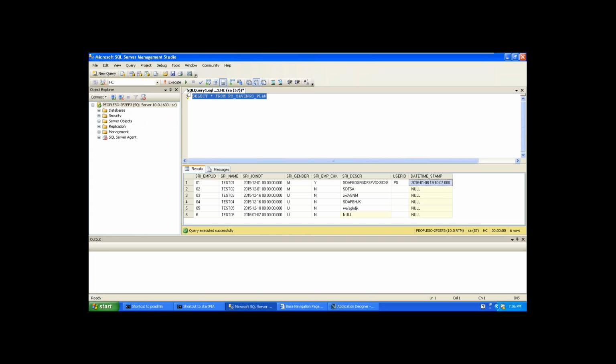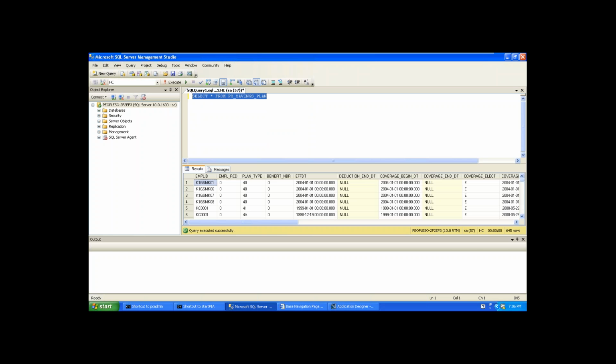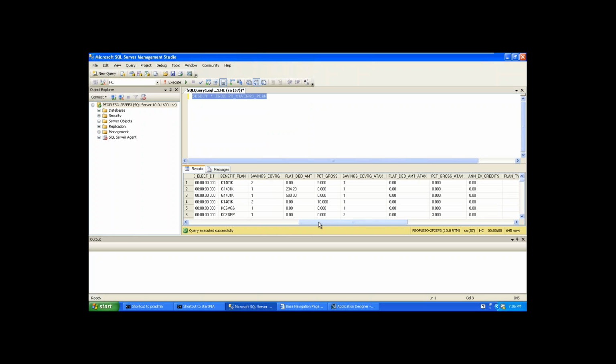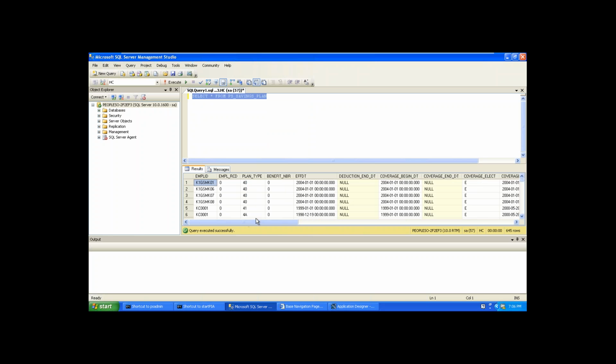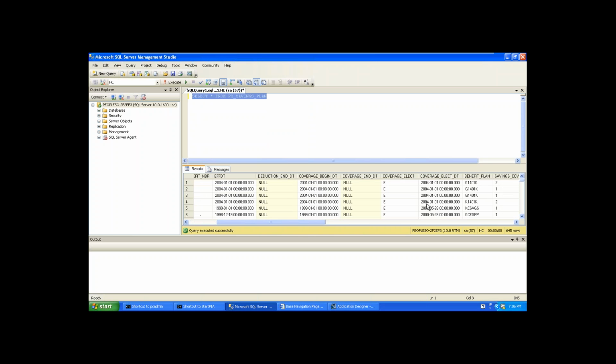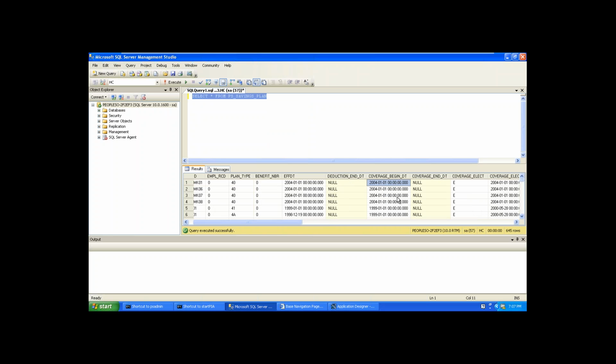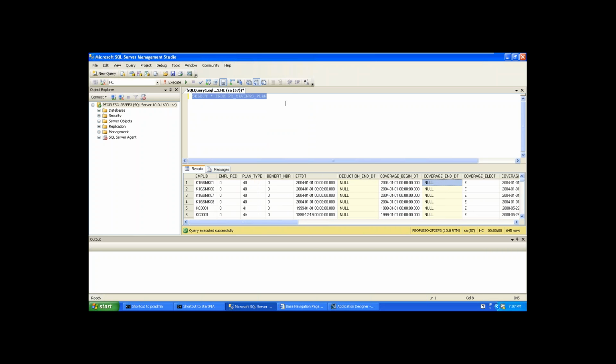This is the table where we can see all the savings plans information. This is the plan type, and this is the benefit plan. Here is the employee ID. Who opted the plan type 40, and benefit plan is K141K, and plan start date, coverage begin date, coverage elect date, coverage end date if he terminated the benefit plan, like that.